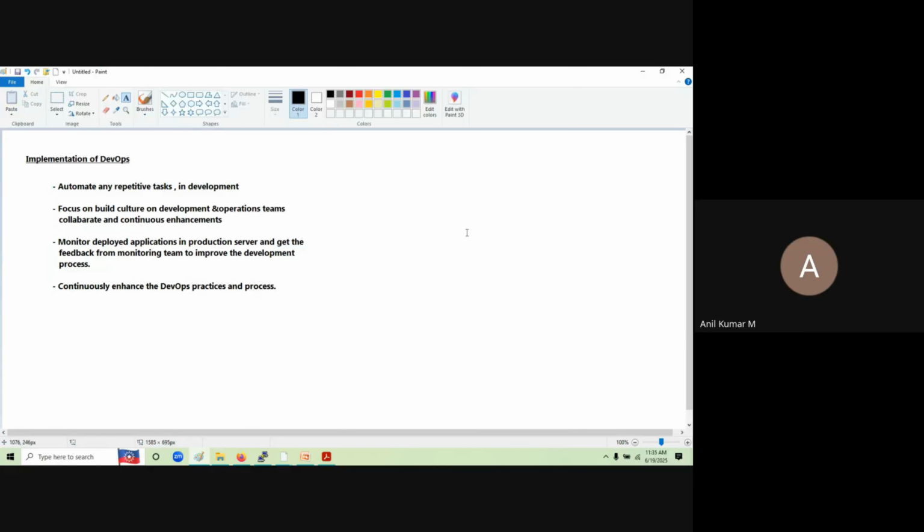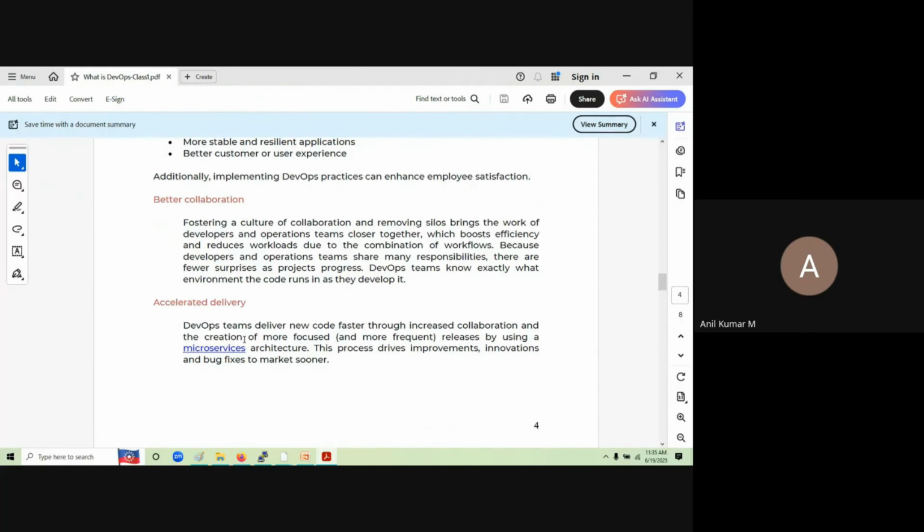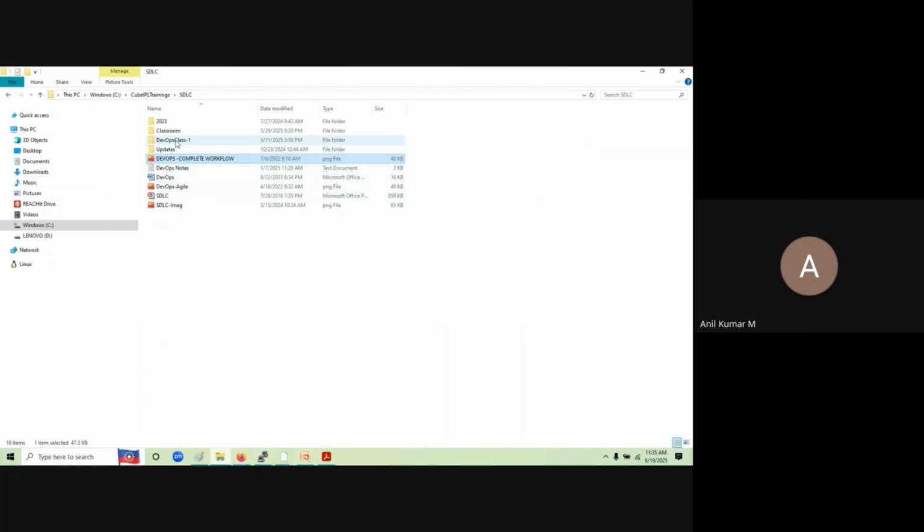So these are some of the advantages based on your organization's needs. Here you are going to do this. These are some of the best practices which are helping us to implement DevOps in every project here, guys. Okay, every project here we are going to be using. Next one, if you can see, improve the collaboration here. These are some of the advantages you'll be getting. And also, if you can see,